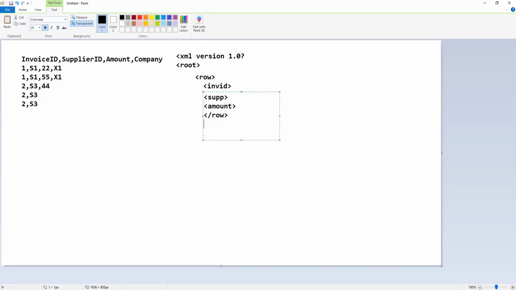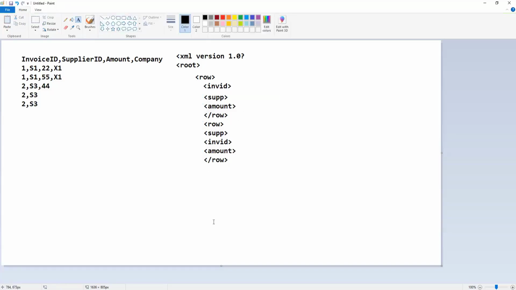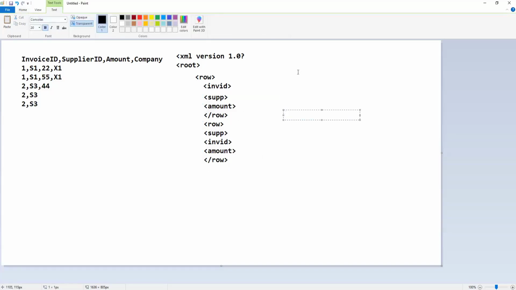After that, there will be another row, and this one again will have the same supplier and the same invoice ID, but the amount will be different. So there can be multiple rows like this.